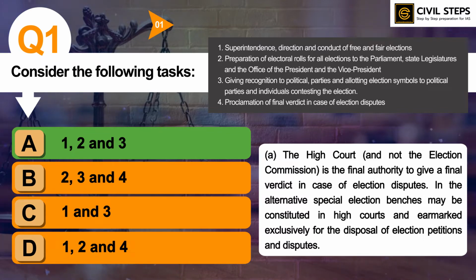So, you should know what are the functions of Election Commission of India. You should know the constitutional bodies which are important, like Election Commission of India, Finance Commission of India, UPSC, Attorney General of India. You should know the articles related to these bodies. So what are the articles related to Attorney General? Attorney General question has already been asked in prelims as well as mains examination. In mains examination, UPSC asked a 15-mark question on the functions of Attorney General of India.